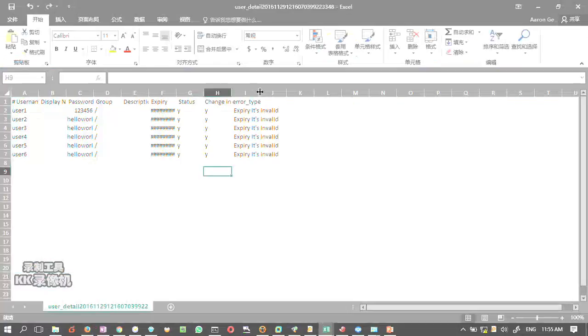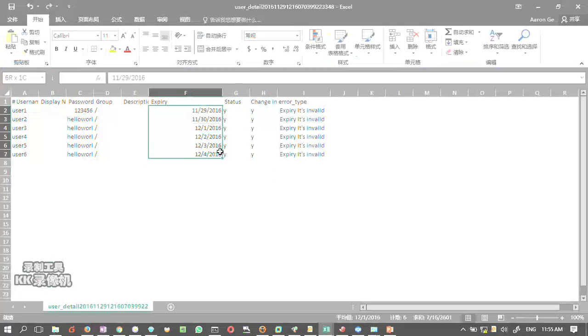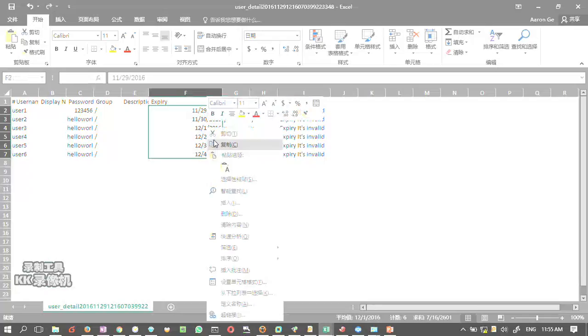Expired date is invalid. So the problem is the date format. So if we change this,